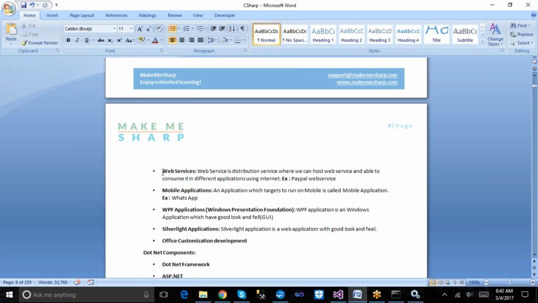The best example I can give for a web service is the PayPal web service. They built one service to accept payments, and we can reuse that payment functionality through all kinds of applications.